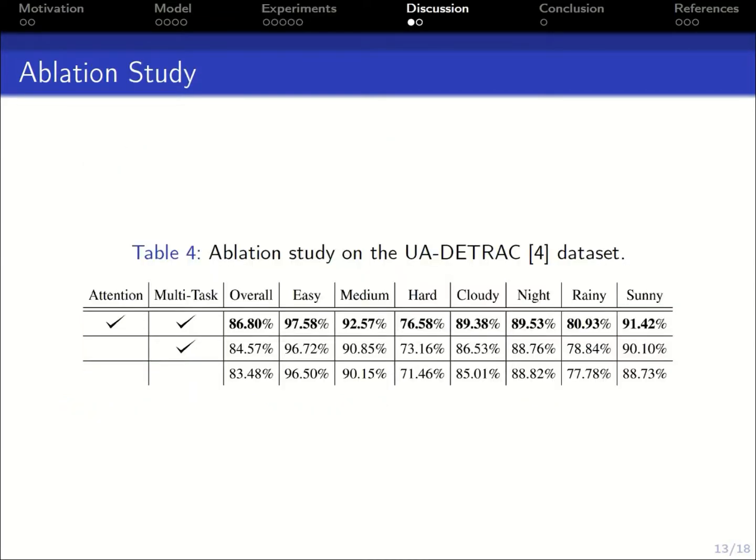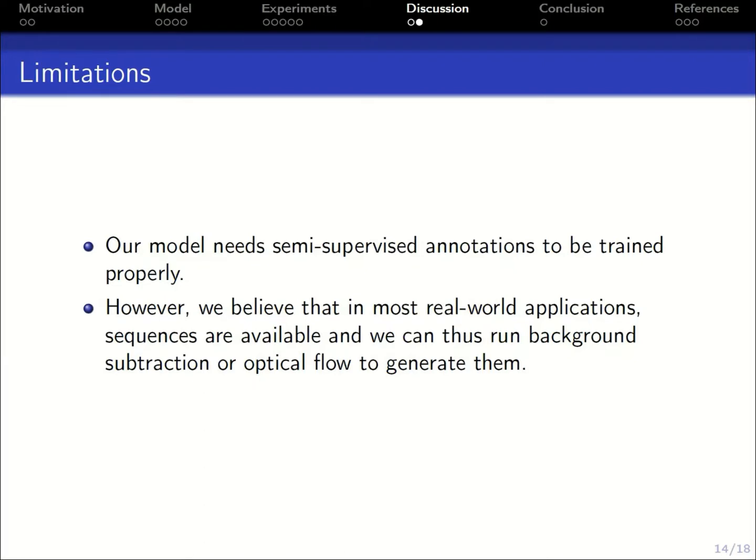To make sure that every part of our model is essential, we performed an ablation study. And even though the best result is obtained with the attention mechanism plus the multitask learning, what's interesting to note is that multitask learning alone can be beneficial to a network due to the features being more refined. Our model needs at least semi-supervised annotations in order to be trained properly. However, we believe that in most real-world applications, sequences are available and we can thus run background subtraction or optical